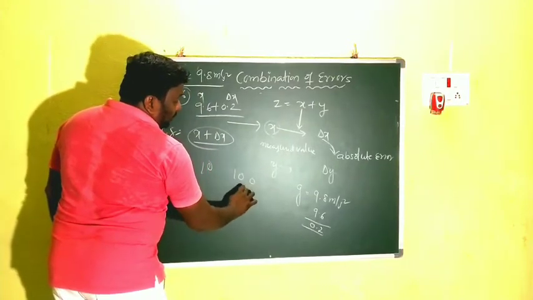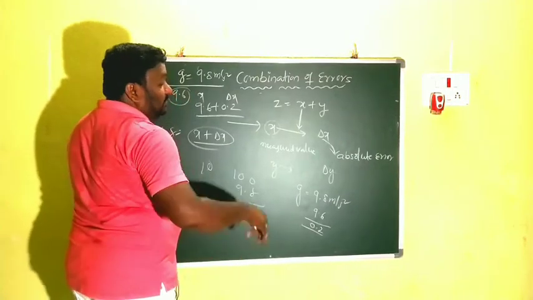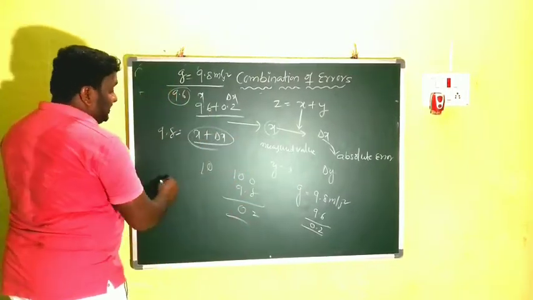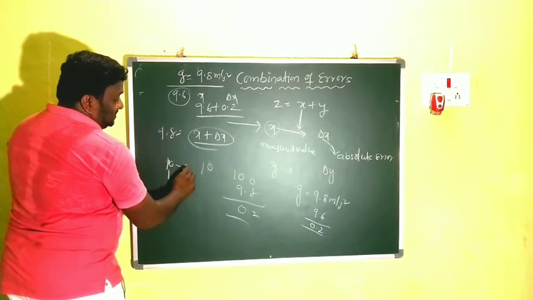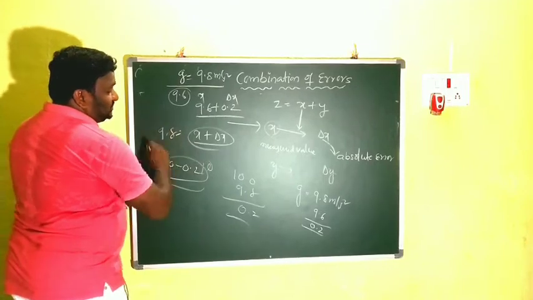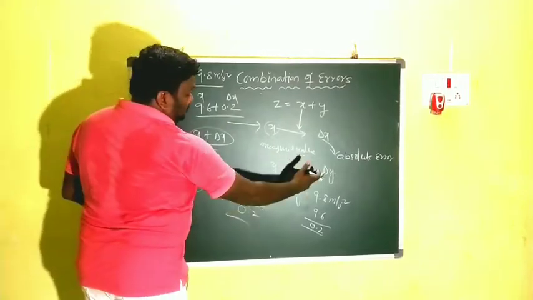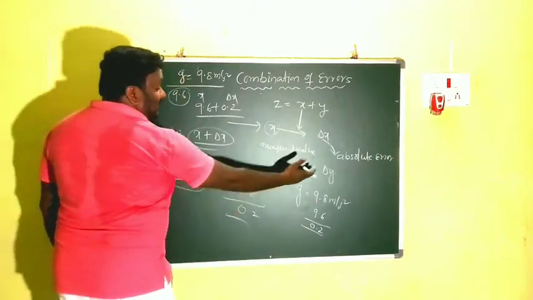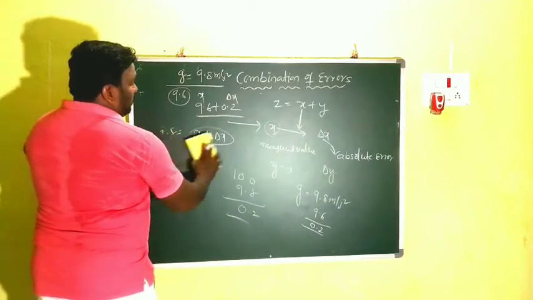10.0, 9.8. Then how much you got? 0.2. How much you are getting? More x's we are getting. That's why here what you have to do? 10 minus 0.2. Here y is the result value and delta y is the error. Like that, children. So no need to go for more depth.